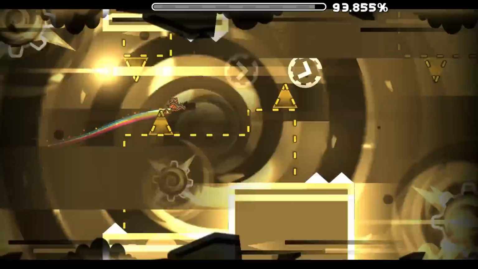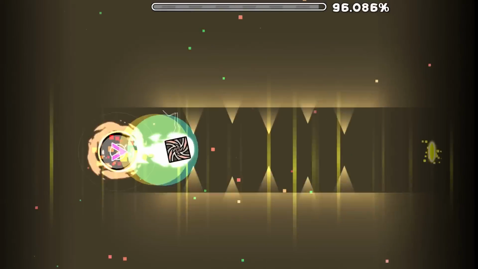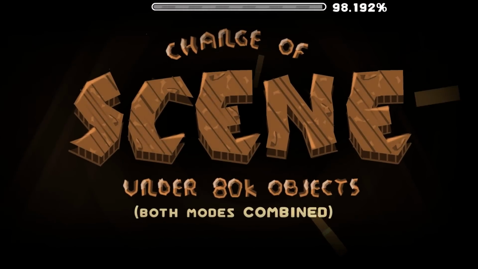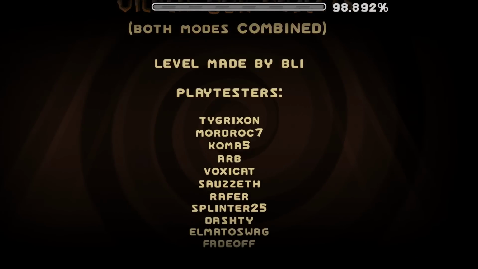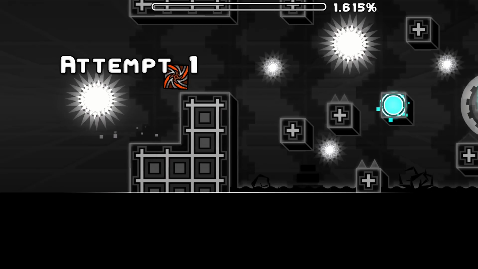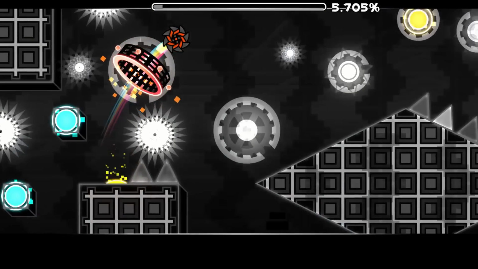This is places like the daily and the weekly and the gauntlets. If you beat a gauntlet level, it doesn't show up as completed on the servers, so you have to beat it twice. Or do what I did and just use Mega Hack to grab your completion, because fuck that. The reason this is annoying is because there are several levels in the lists that appear in the gauntlets, like Change of